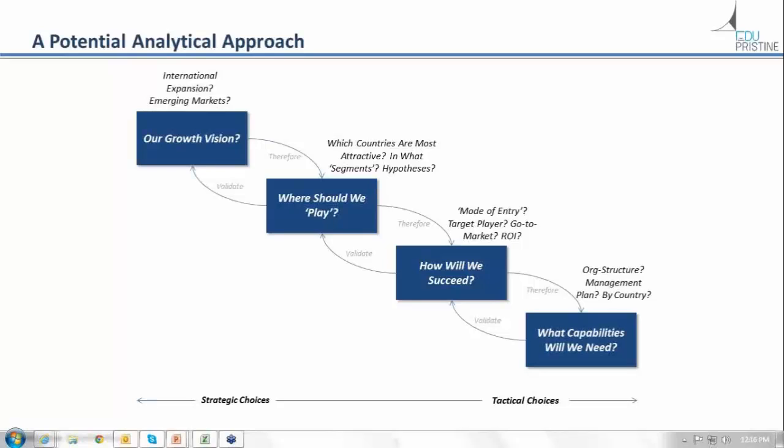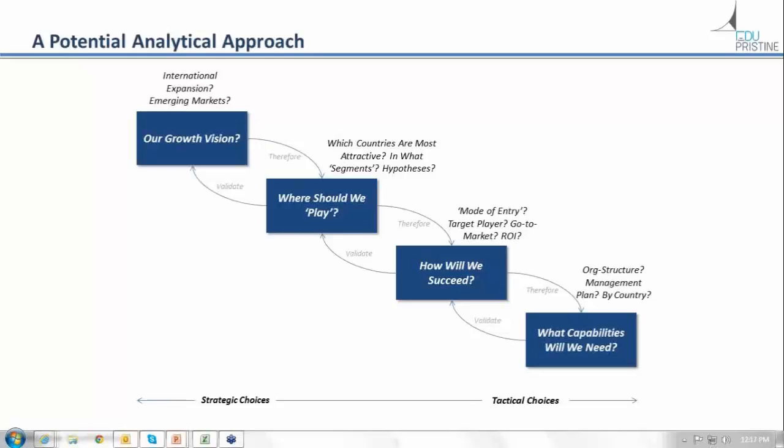And when we say how are we going to succeed, from the outside it might look like, hey, Brazil is a great market. The market size is huge, and we can actually get tremendous growth there. But the question is, how do we get there? What has to be true for us to actually capitalize on that growth market, and how do we tap into the customers, and so on and so forth? Those are the kinds of questions that you try to answer for how we will succeed.